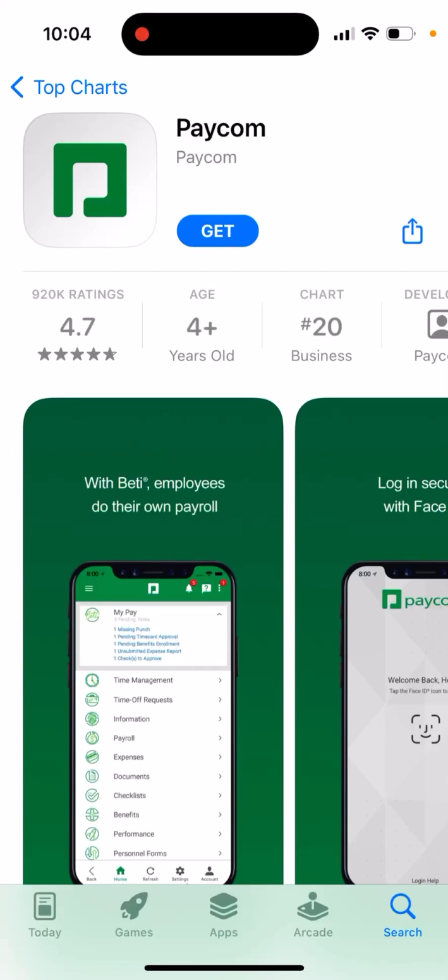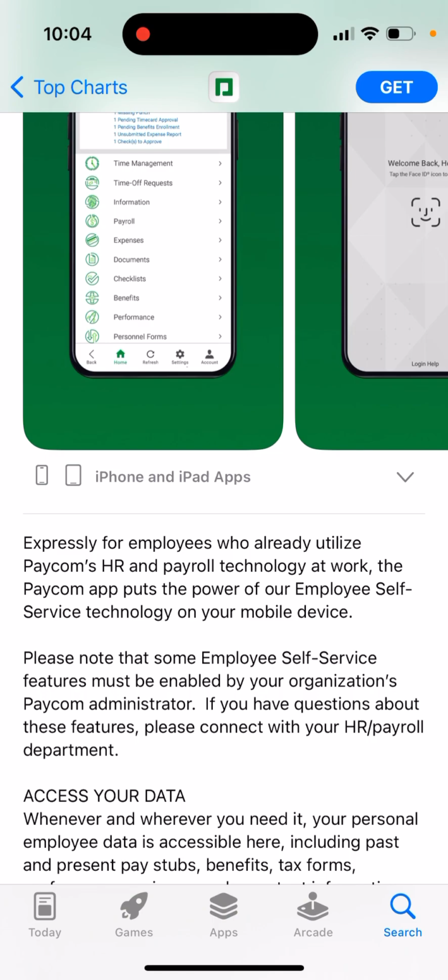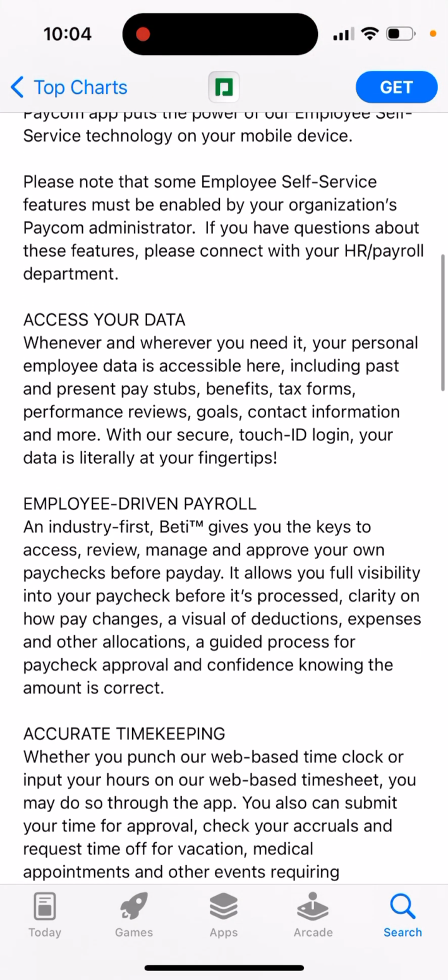How to install the Paycom app on iPhone, expressly for employees who already utilize Paycom's HR and payroll technology at work. The Paycom app puts the power of our employee self-service technology on your mobile device. Please note that some employee self-service features must be enabled by your organization's Paycom administrator. If you have questions about this feature, please connect with your HR payroll department so you can access your data,